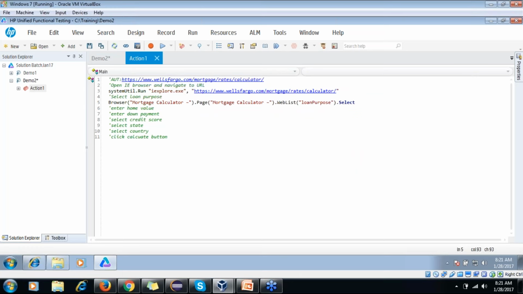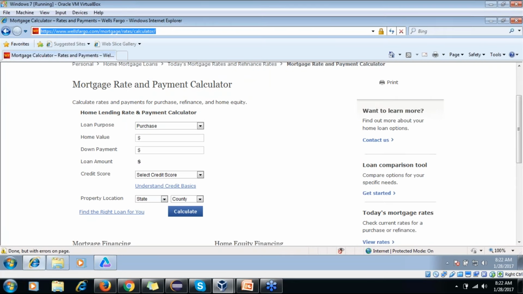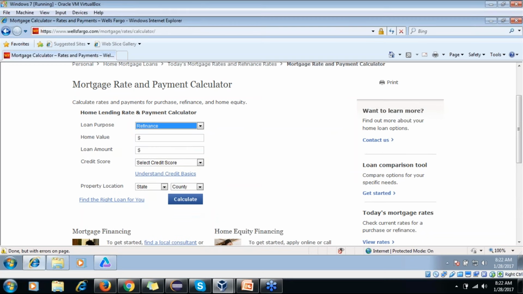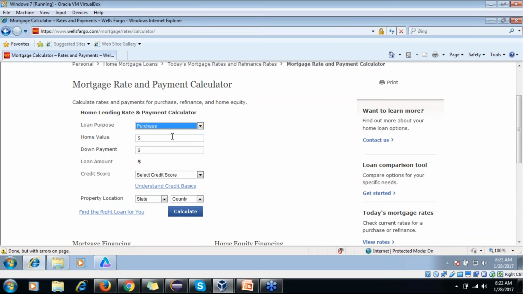And there are different ways to select. So let me choose this. I'll say home equity, or, it depends on. So let me choose only purpose purchase.